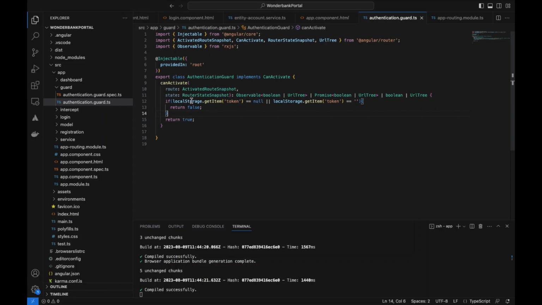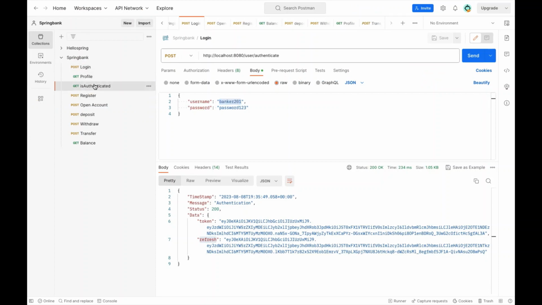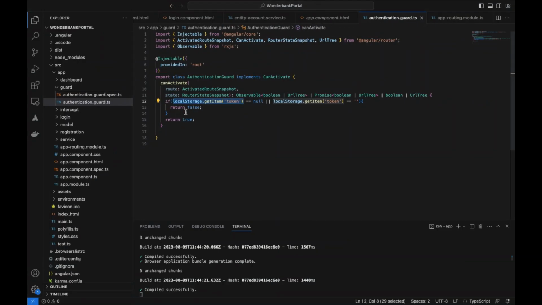So also you can add more logic here just to make sure that not only is the token available, but it's valid and the user is actually authenticated. In this case, you can use this endpoint right here, which is user authenticated. So you can call that service, isAuthenticated. Once you get that response, then you can pass in that check here. If the user is not authenticated, just return false. If they are authenticated, then return true. And that's basically what the auth guard